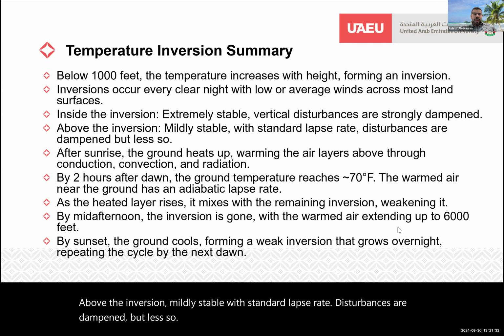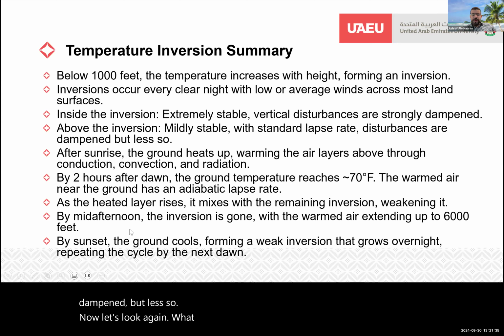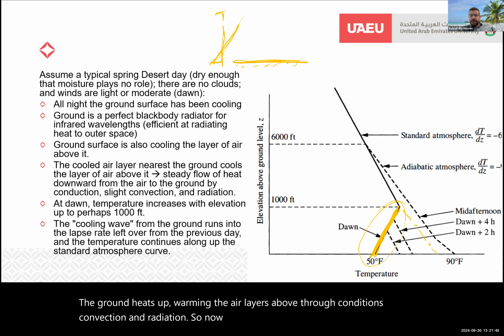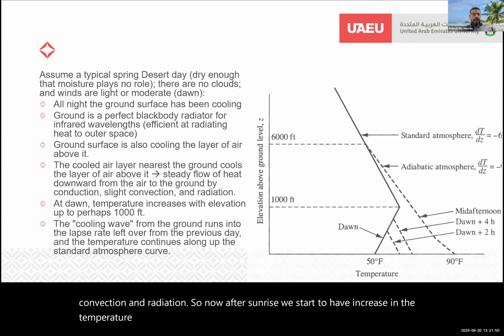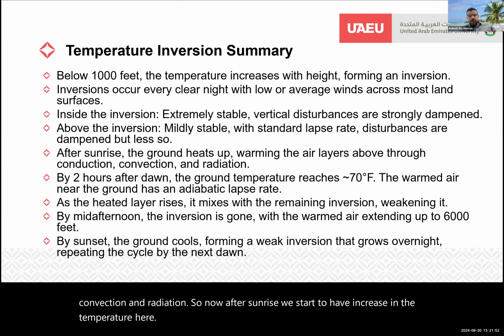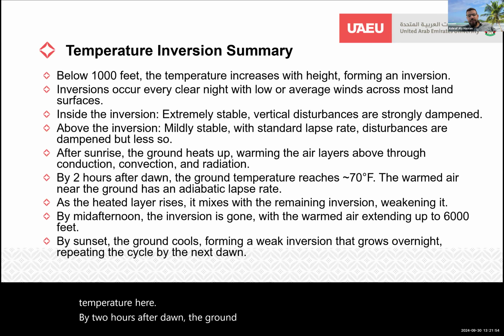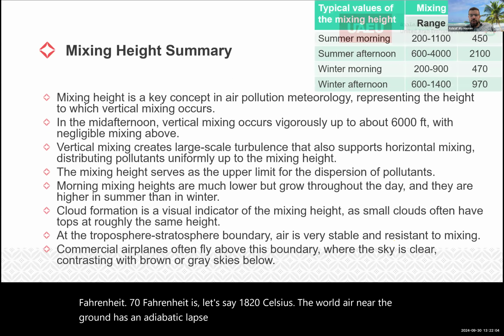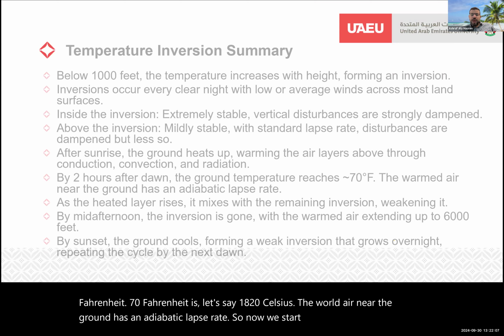Now let's look again. What happens at sunrise? The ground heats up, warming the air layers above through conduction, convection, and radiation. So now after sunrise, we start to have an increase in the temperature here. By 2 hours after dawn, the ground temperature reaches around 70 Fahrenheit. 70 Fahrenheit is, let's say, 18, 20 Celsius. The warmed air near the ground has an adiabatic lapse rate. So now we start going to the adiabatic lapse rate,